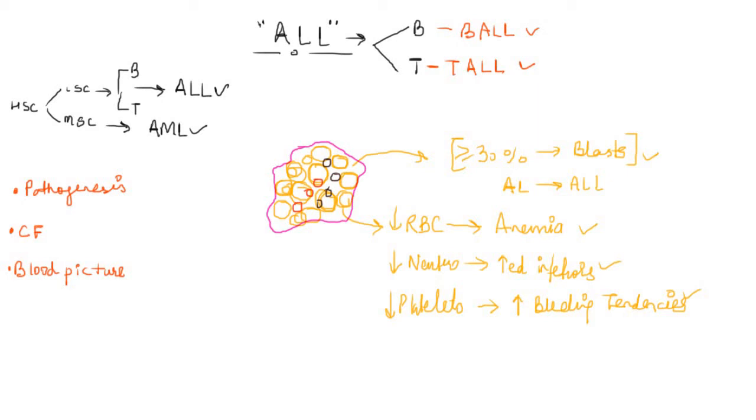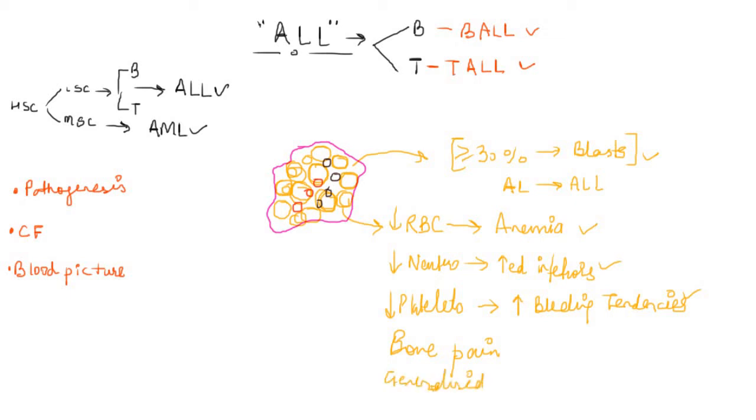But this is not the whole story. There are also some other clinical features which are associated with acute lymphoblastic leukemia. Apart from anemia, increased risk of infections and bleeding tendencies, these patients also present with bone pain. See clearly, as the blasts are growing within the bone marrow, naturally they will cause expansion and other changes within the bone, and this will result in bone pain and bone tenderness. And then there will be generalized lymphadenopathy.